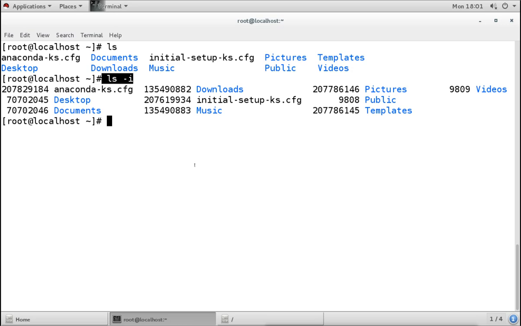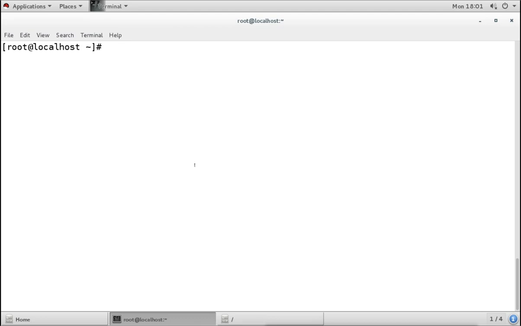So we saw -a to list all content, including the hidden files and directories. We saw -i for inode number, -r for reverse. Now there are multiple other options also. The options I'm going to show you are the ones we require for doing administration. So we have seen a, r and i. Now there are some other options also.